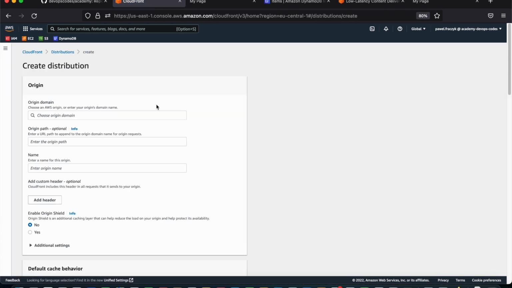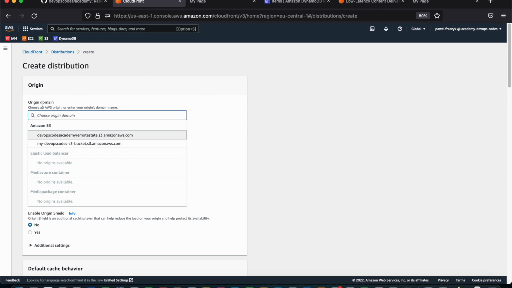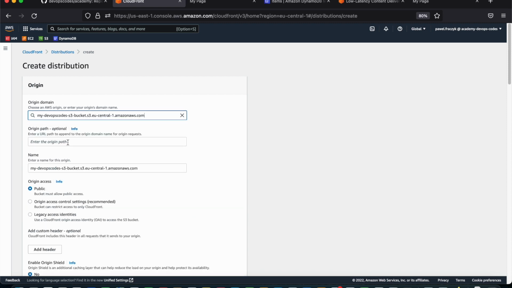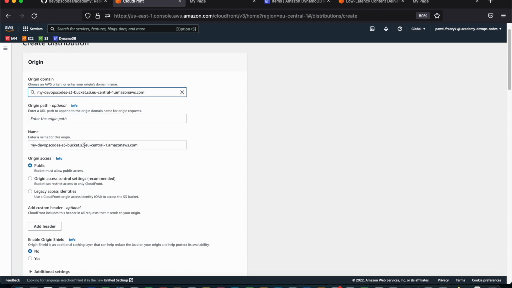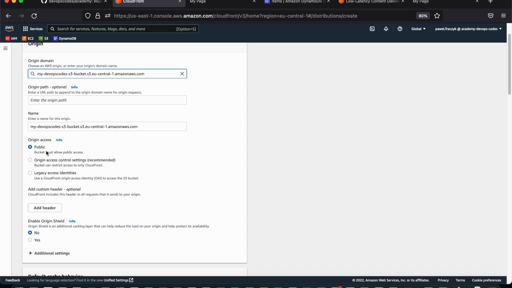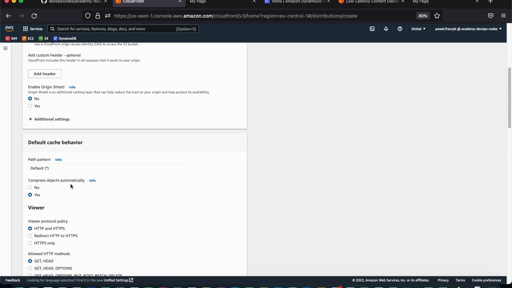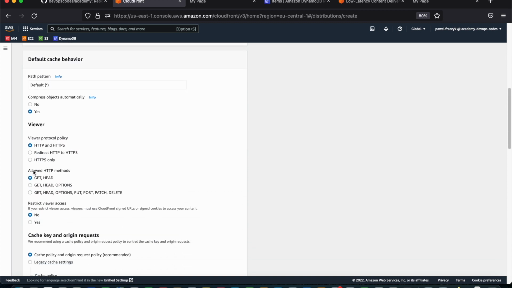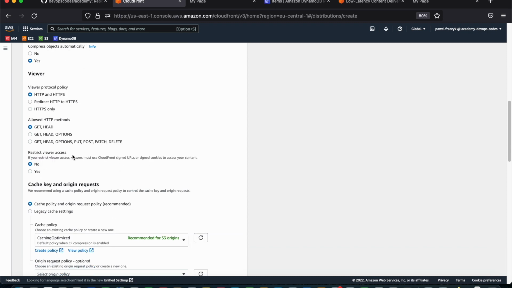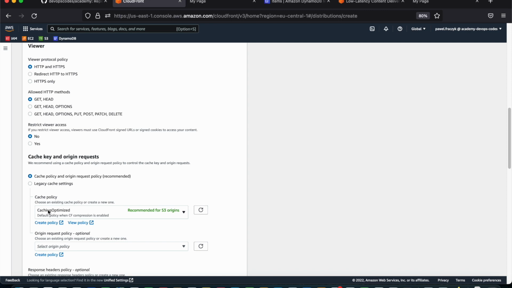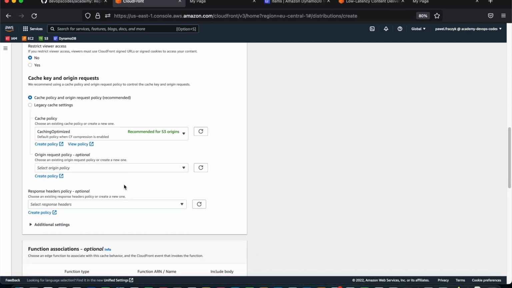Distribution, let's create a distribution. You can see that we can choose origin domain and we want to use our S3 bucket. The path, we're going to leave it. Enter the name of this origin, it's okay. We can have it public for now, just go with defaults, compress, and the methods we're going to have only GET and HEAD, it's okay. Cache, and caching optimized here,